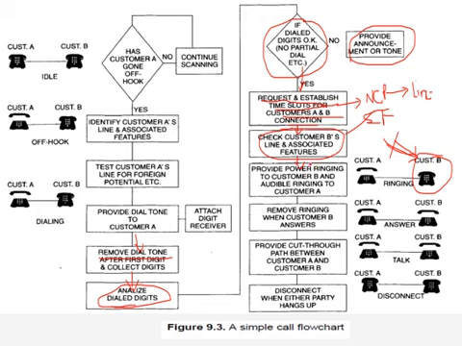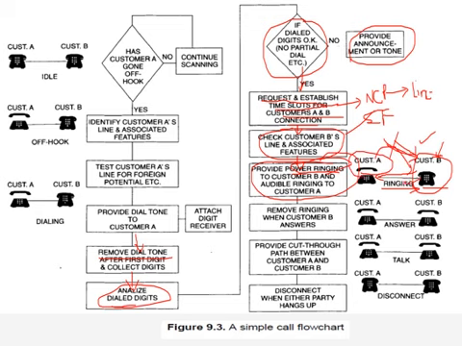Once it is done, we go for the next step and provide a power ringing to B, assuming that customer B is permitted to have incoming calls. So A has dialed the correct numbers and it has come to customer B. Now customer B should be given an indication that there is a call from some other customer. So in that case, we have to give a power ringing to the device of customer B. At the same time, we should give an indication that customer B's telephone is ringing. We have to give that indication to customer A.